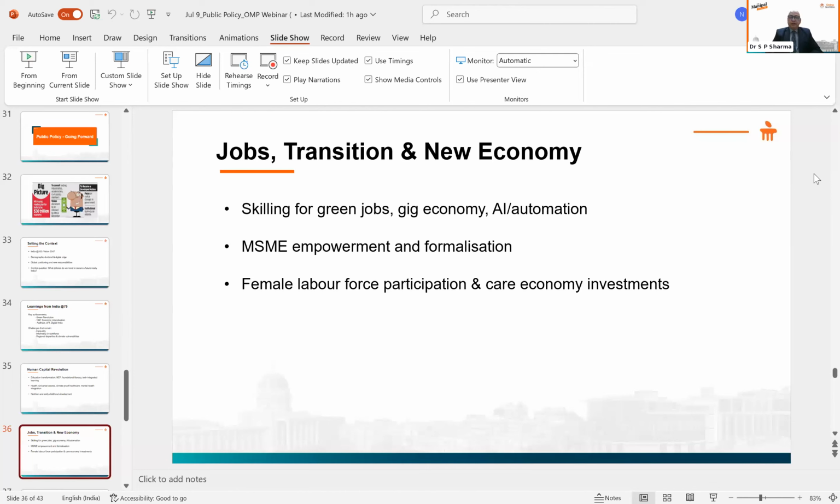Then the MSMEs, there must be support to the MSMEs, as they still face a high cost of production. They are impacted by the high cost of finance, high cost of compliances, high cost of power, high cost of logistics, high cost of availability of land. Though these costs are coming down in recent years with more and more focus on MSME reform, starting from